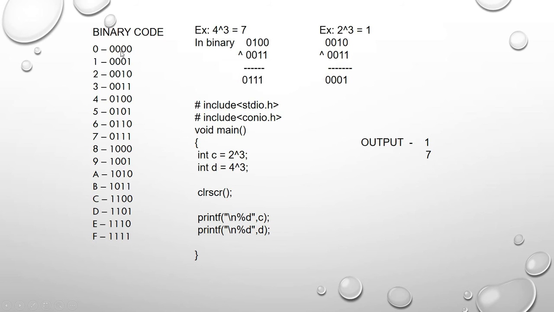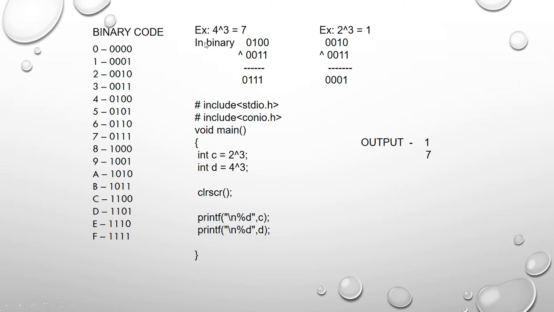You have to remember it with a shortcut order. 2 to the power 4 is 16, so 4 zeros are there, then you assign in such a manner: 1, 10, 11, then the whole number, then 101, 110, 111, then the whole number, then 1001, 1010, then 1011, then the whole number, and so on. Okay, so you have to use these values when calculating this type of exclusive OR operation.